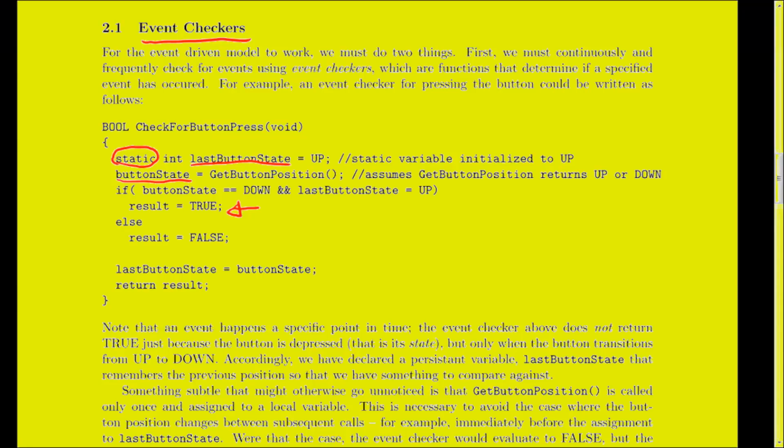Now there are two important things to note here. The first is that we are checking for events. An event is when a change occurs. We're not just checking for the state of the system. So for example, we're not just checking if the button is down and returning true whenever the button is down. We're only